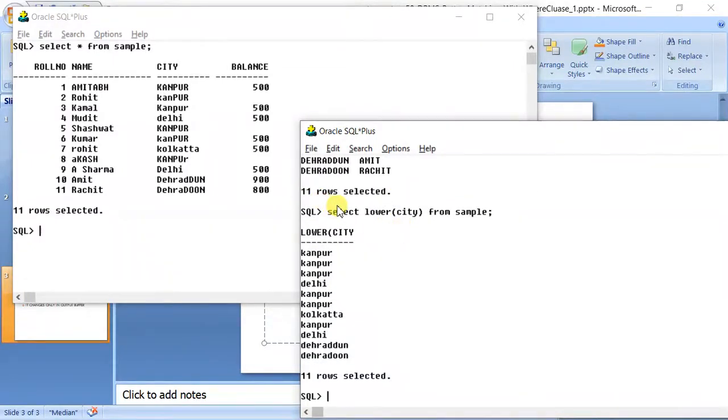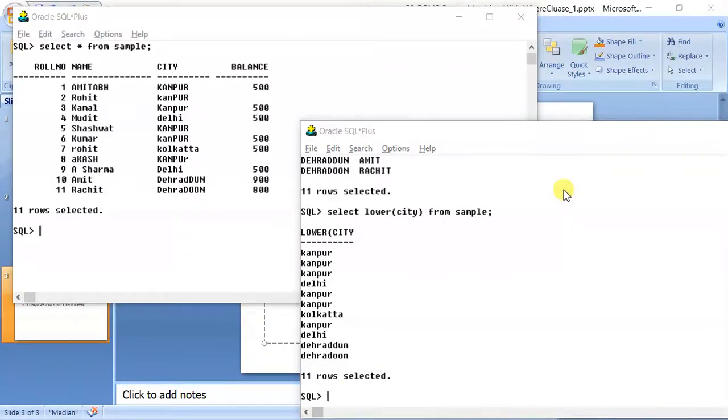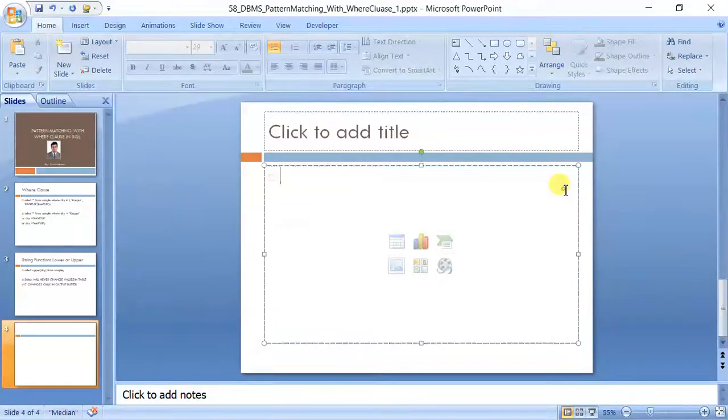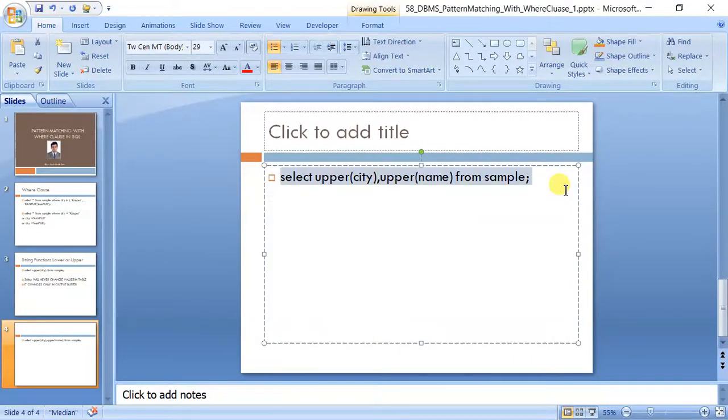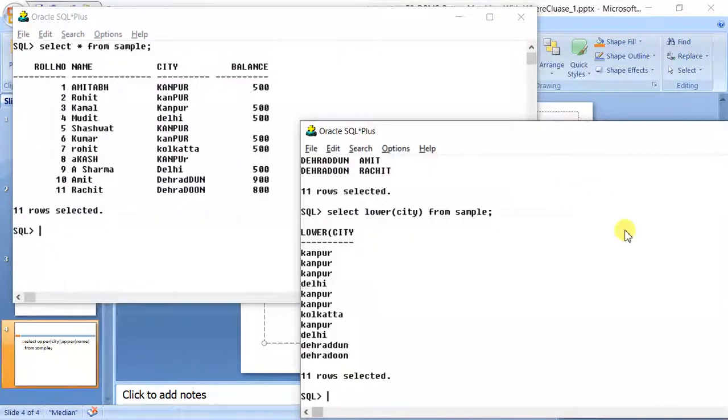Okay. So let me write these two queries also in the PPT so that in future if required they can be used. Please practice these queries. Select upper and select lower.